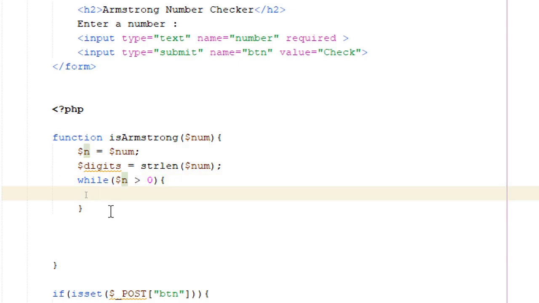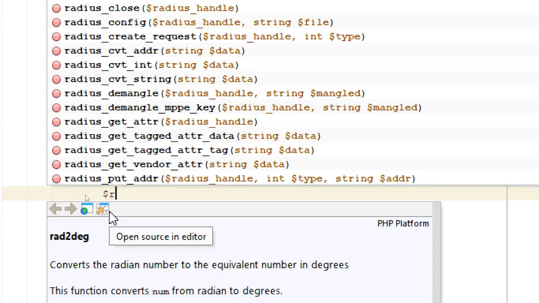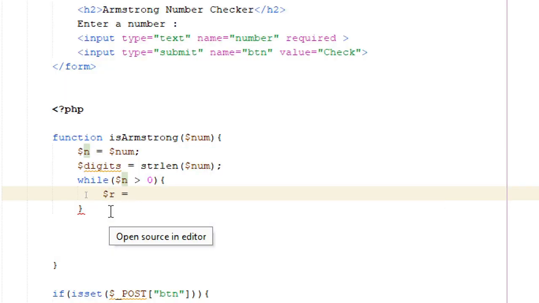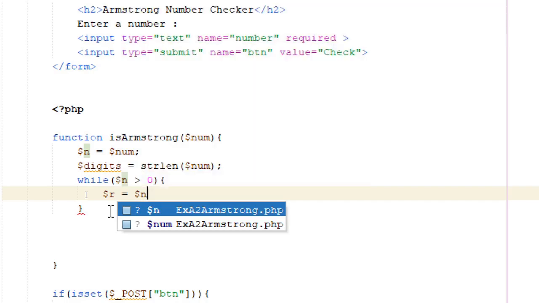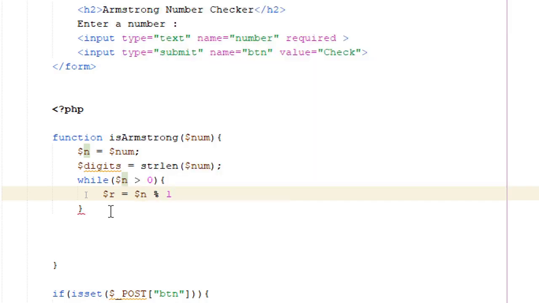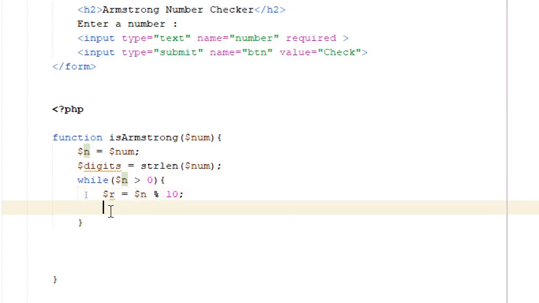First find the remainder. So let me use the variable r. To find the remainder, a given number n mod 10 will give you the remainder. So you know very well. Next one, reduce this number. New number is equal to